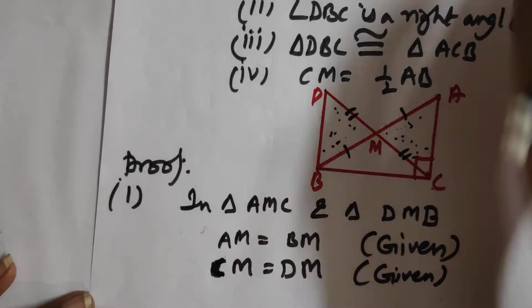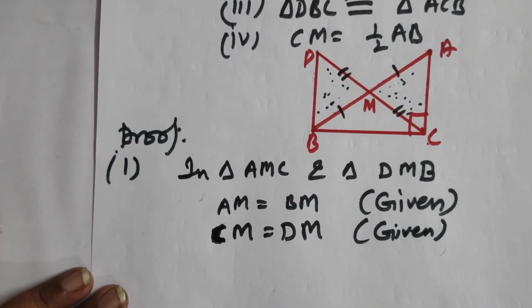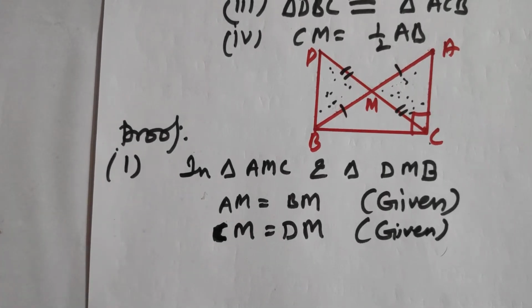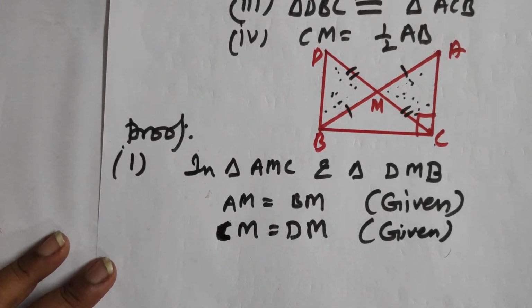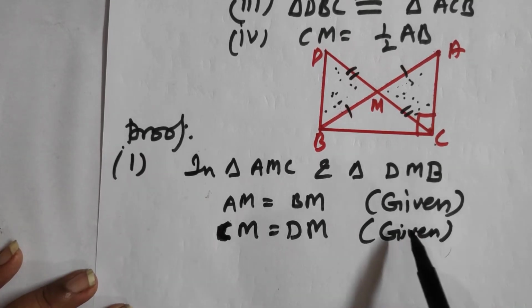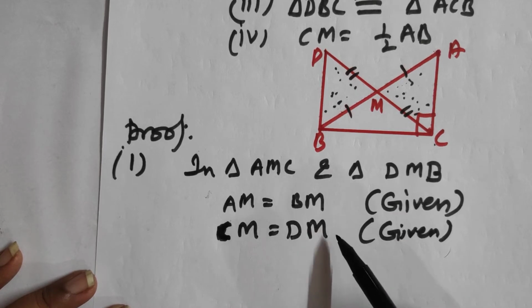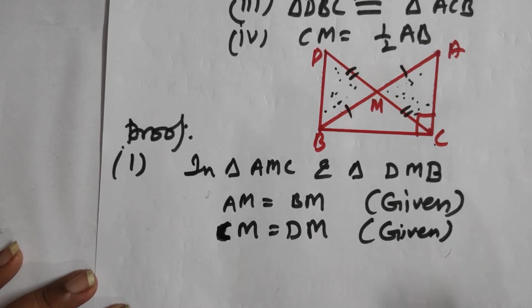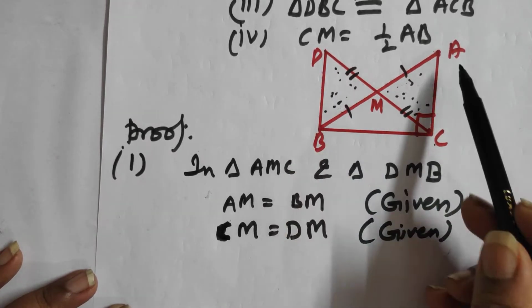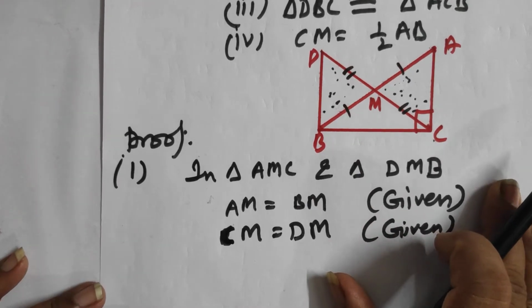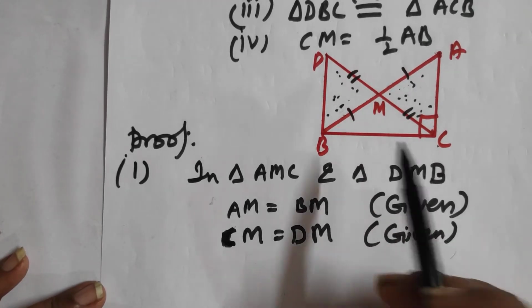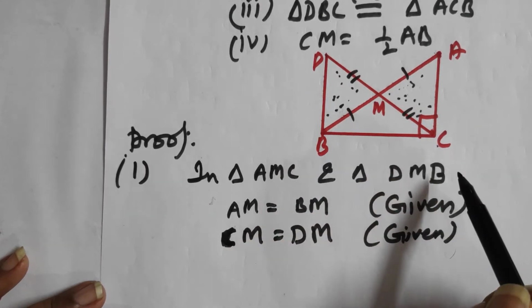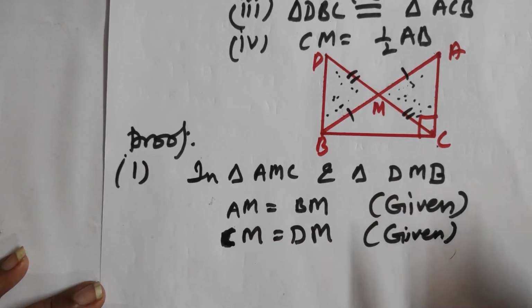Now to prove any 2 triangles congruent, we need 3 points, only 3 points, but that should be valid with respect to the congruency rule. So these two things are given and the two sides are here. We can prove by SSS congruency rule or SAS, but regarding DB and AC nothing is given, and we are unable to recall anything that we can prove that DB is equal to AC. So we have to skip to the second congruency rule, that is SAS.